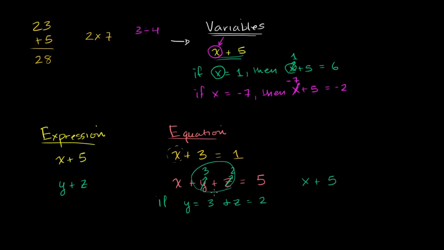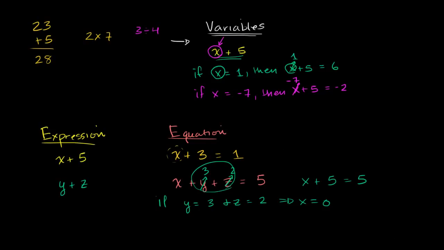This part right over here is just going to be 5. x plus 5 is equal to 5. And so what plus 5 is equal to 5? Well, now we're constraining that x would have to be equal to 0. But the important point here, hopefully you realize the difference between expression and equation. An equation is essentially you're equating two expressions. The important thing to take away from here is that a variable can take on different values depending on the